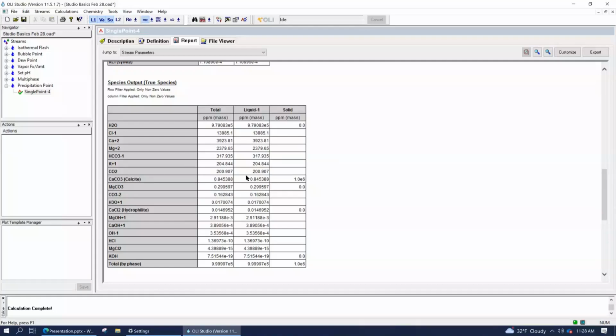The first thing that you see bonding with each other is this calcium carbonate ion pair. But the concentration is less than 1 part per million, right? Magnesium carbonate ion pair, 0.3 ppm.